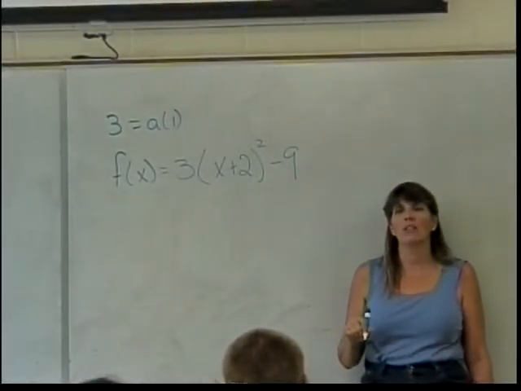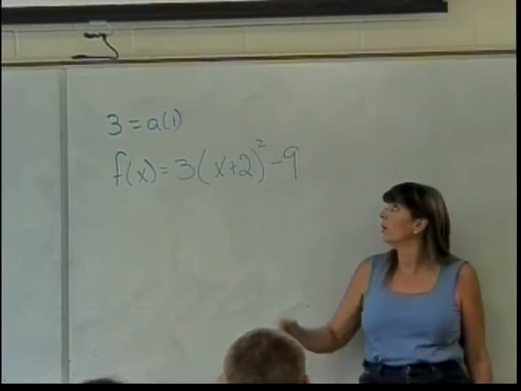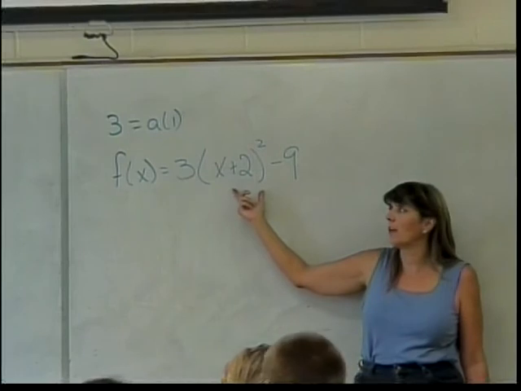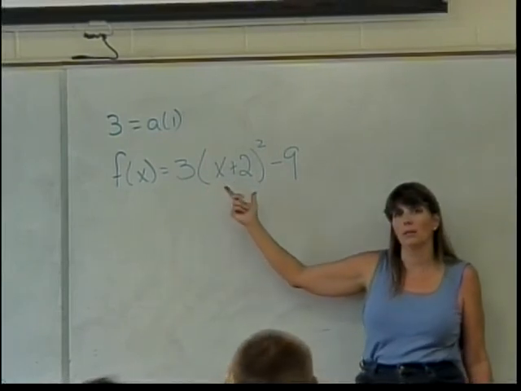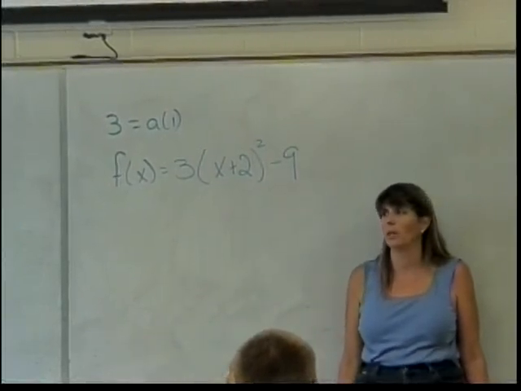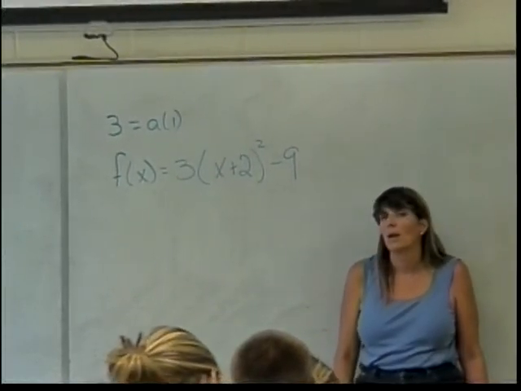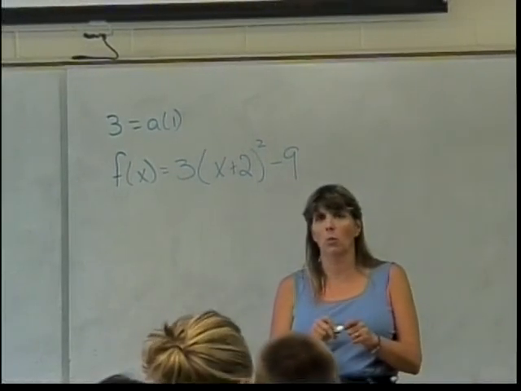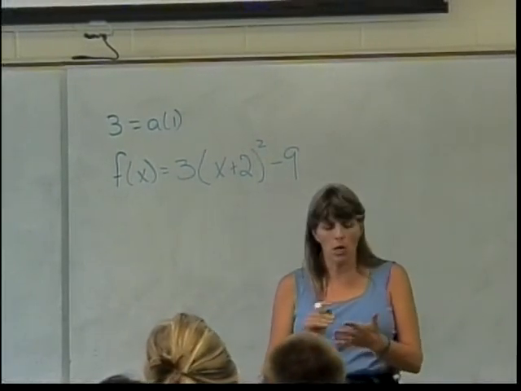Now, if you want to check that you did this correctly, you can always graph this on your calculator and find out if its vertex is -2, -9. It should be. And if it actually goes through the point -1, -6. Now, I don't think you've had an opportunity yet to put functions into WebWork. But WebWork checks